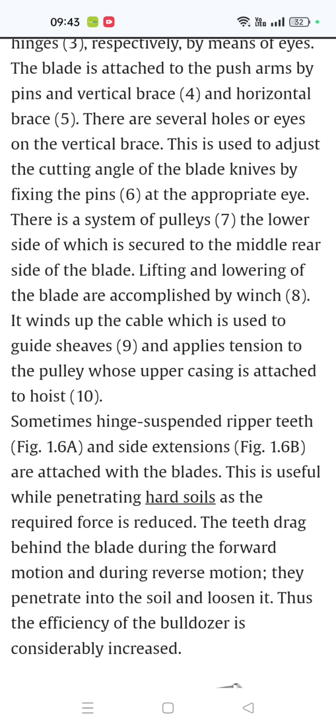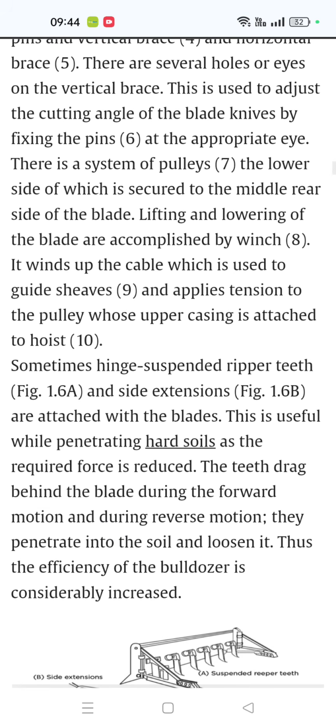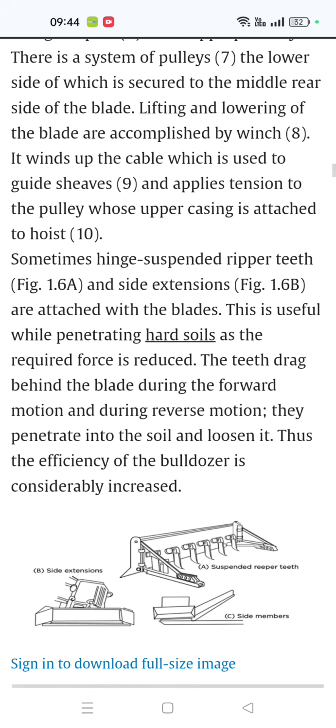Lifting and lowering of the blade are accomplished by winding up the cable, which is used to guide shield 9, and apply tension to the pulley whose upper casing is attached to hoist 10. Sometimes